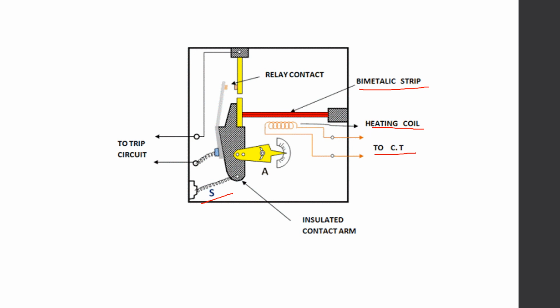Since this bimetallic strip is temperature dependent, as the temperature increases, the bimetallic strip compresses and therefore the relay contacts are forced to make contact. Once the contacts are made, the trip circuit will get closed and a command will be sent to disconnect the circuit from the electrical supply. Also, when the temperature decreases, this bimetallic strip regains its shape, just like the normal condition.